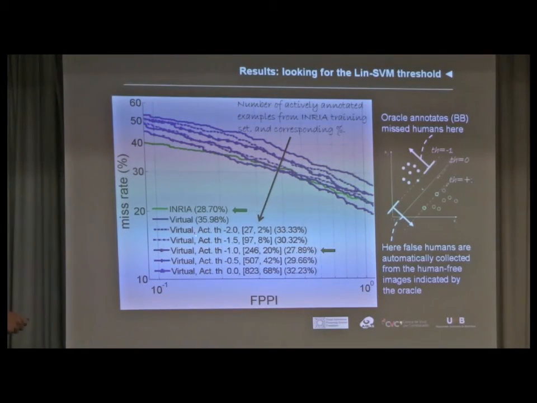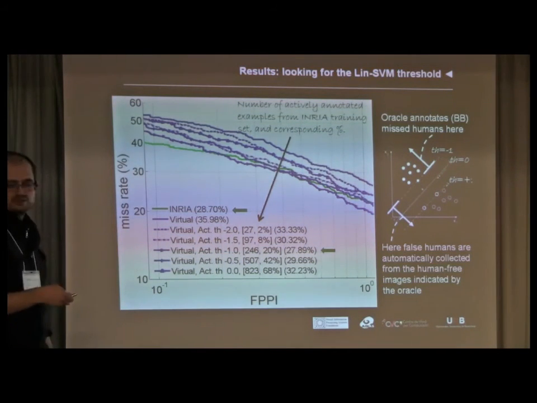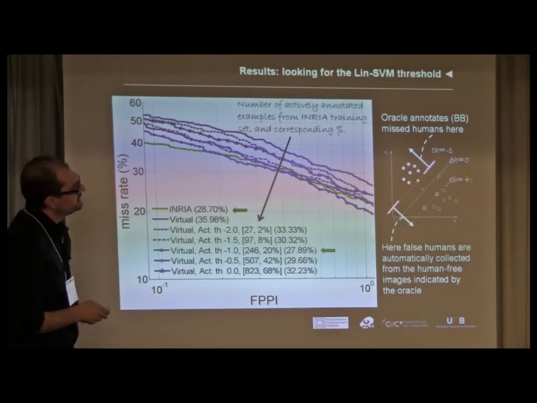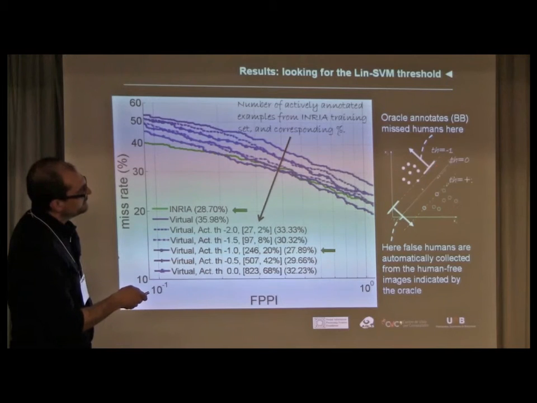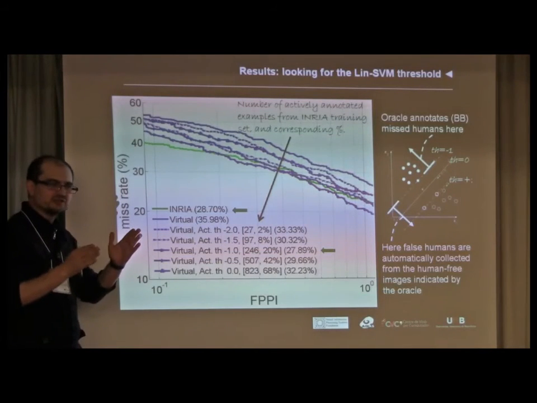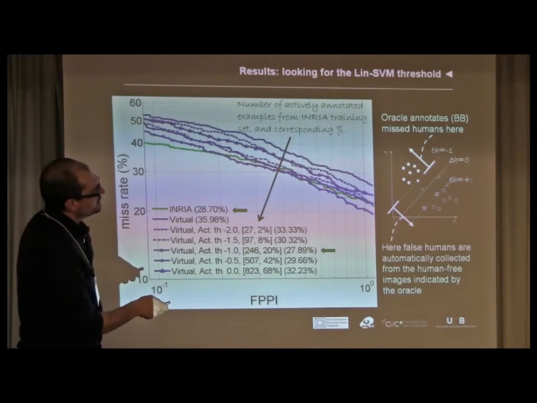Okay, and here come some results. First, we did some tests on how to decide what is a detection. In other words, the threshold for the output of the SVM. Okay, and we found that putting the threshold at -1, just at the border, the limit of the uncertainty region of the SVM, then